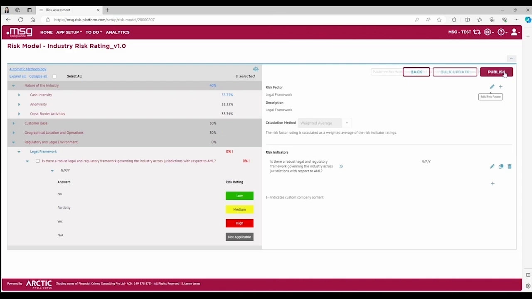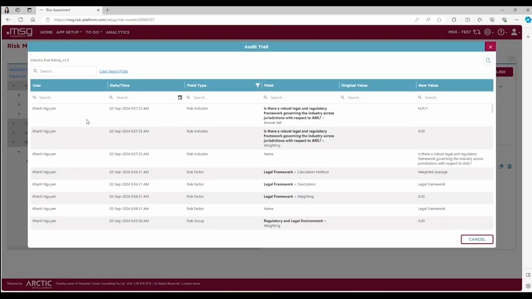And just to show you how easy it is to keep track of the audit trail, you just need to click on that feature, and you see that I have updated a new risk indicator, a new risk factor, a new risk group on that specific date and time. You don't need to do anything, and everything is stored automatically so that you can prove to external parties, to regulators, how and when changes have been updated.